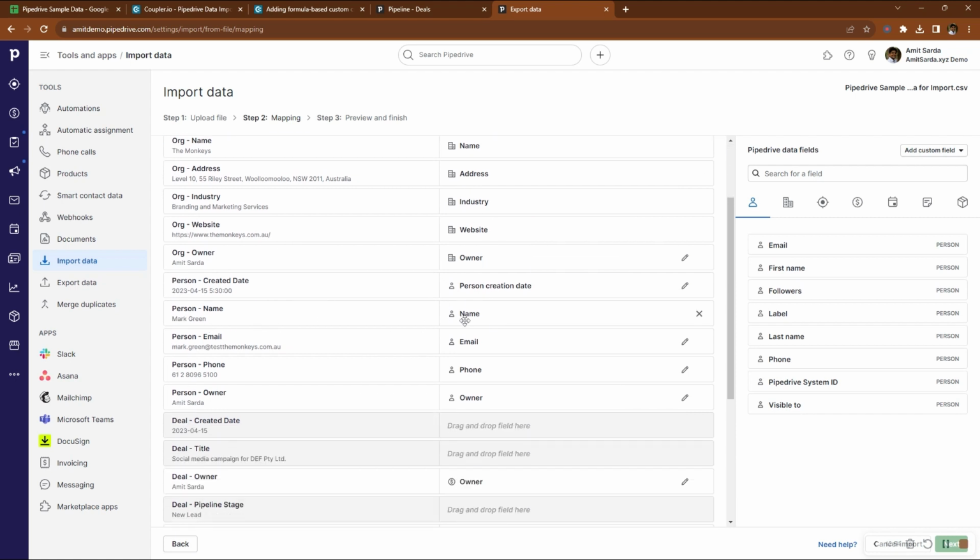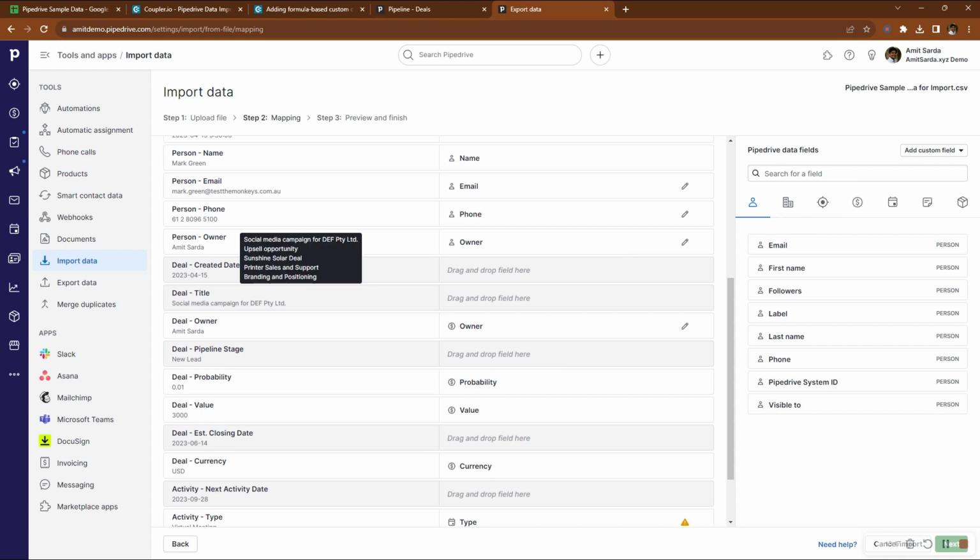So person name is here. We could have split the names into first name and last name before importing it to Pipedrive. But what Pipedrive does wonderfully is if you import a full name, Pipedrive will automatically fill the first and last name. So that is taken care of by Pipedrive for us. The phone number is mapped to phone, person owner is mapped to person owner,